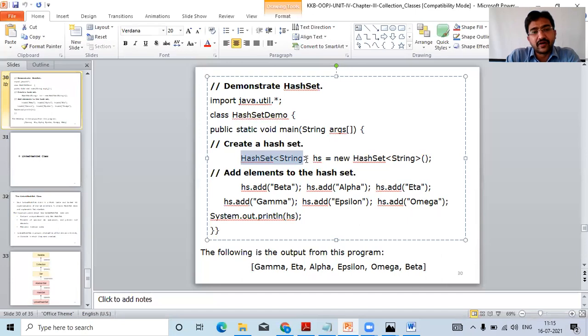If you want a string type or an integer type, you can create it. And how are we going to add to this object? For this hash set object, instead of the variables, the values like beta and alpha, what do we need to add? We need to add the instances. What instances? The book instances.